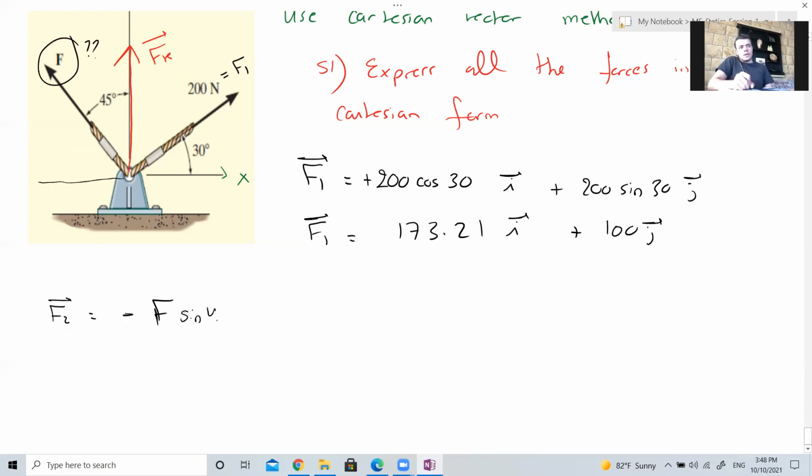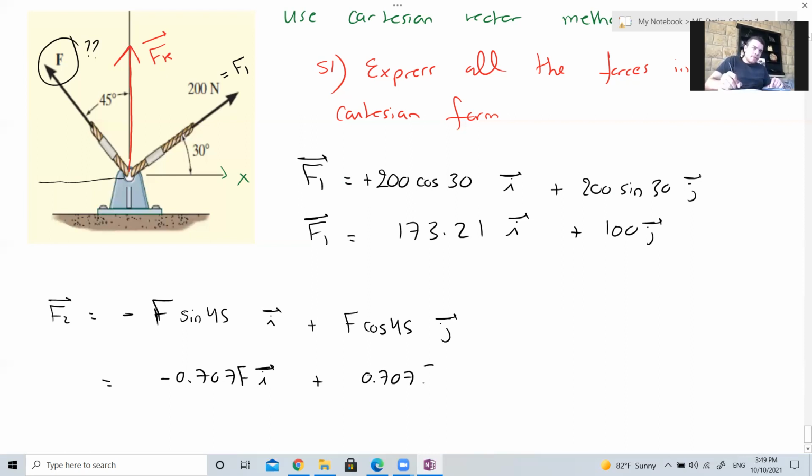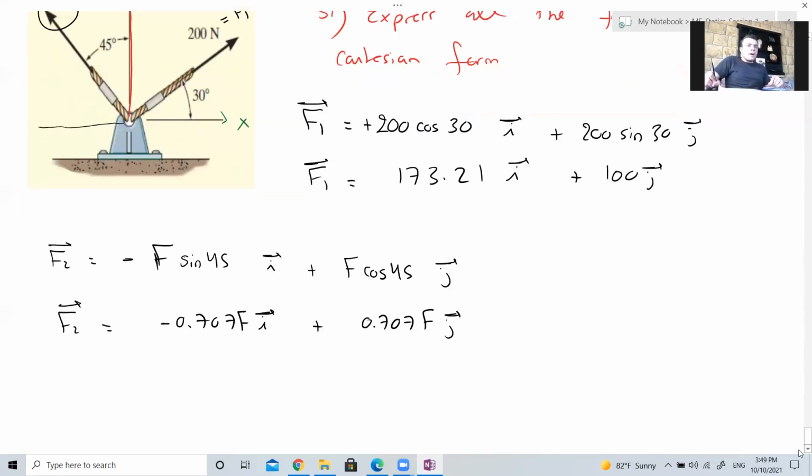45. صح I والJ. ما لا, اف بلس اف كوساين 45. so بيطلع minus 0.707 I plus 0.707 F j as a function of F. Yes. What is FR؟